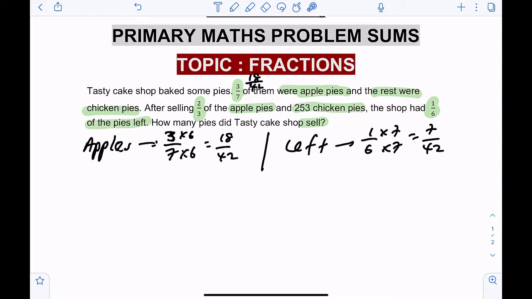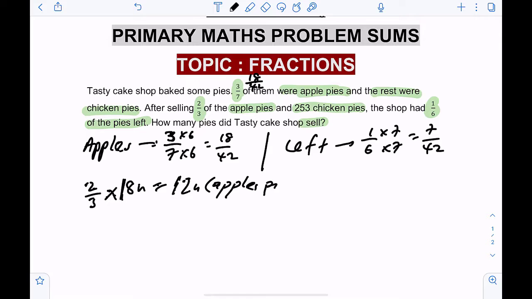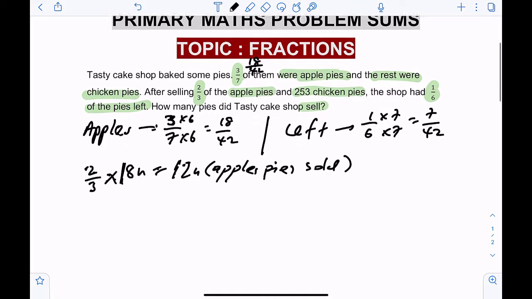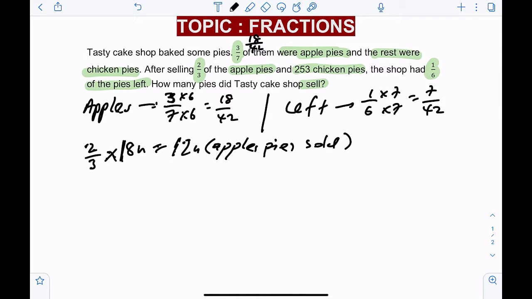Now, after selling 2/3 of the apple pies, what is 2/3 of 18 units? 2/3 of 18 units, that will be 6 times 2, that will be 12 units. Now this one here will represent the number of units of apple pies sold. 12 units. So with this information, we can draw a BCA table to understand a little bit better